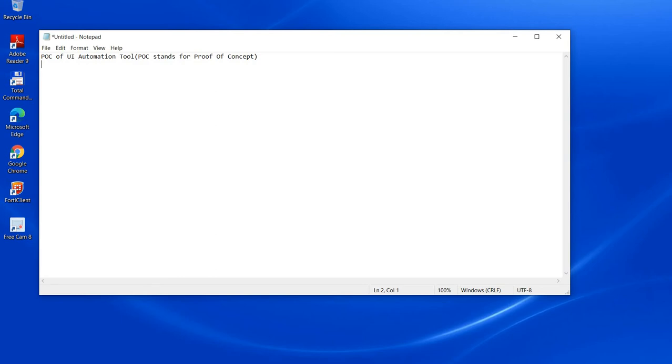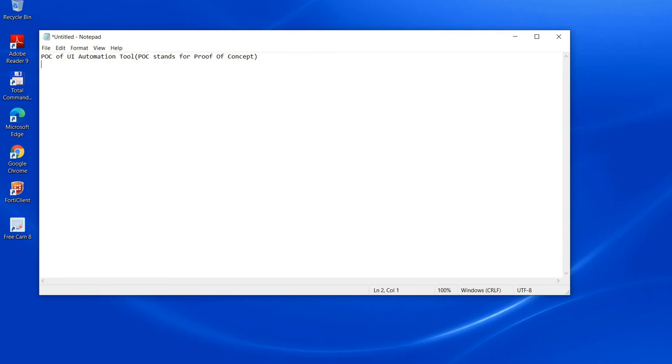For any new project you are now going to start automating, the automation project life cycle starts with this phase, that is POC of a UI automation tool, or choosing a correct UI automation tool. To be very simple, it's a phase where you choose the right tool for your UI